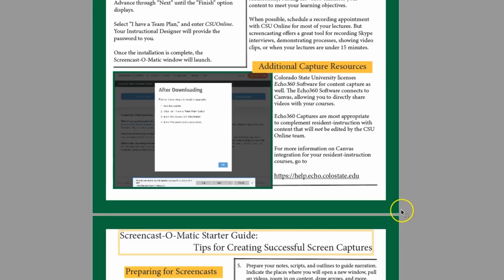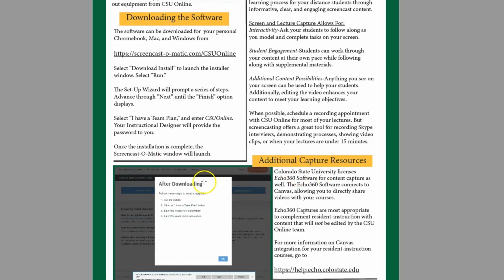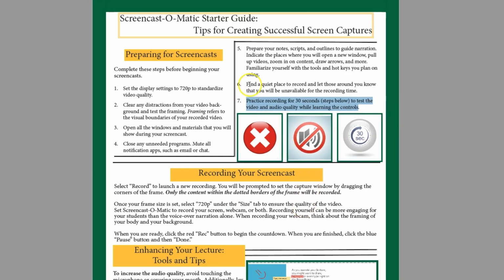So when we're talking about images, this is obviously a clear one. It shows the process for downloading, so that clearly complements downloading the software. Now, this is an example of using images, right? I needed to develop this space, and I didn't want to have obviously just decorative images. So this big X corresponds with